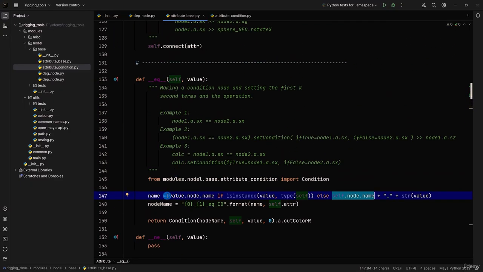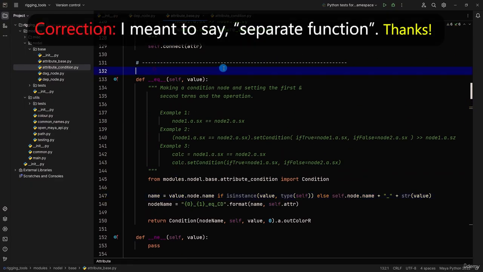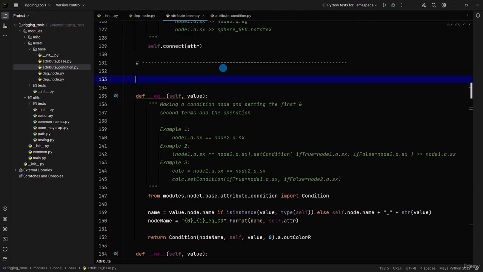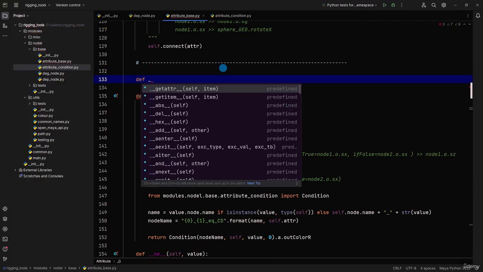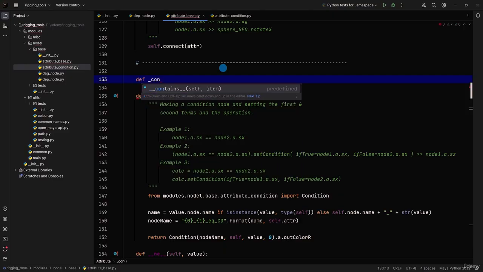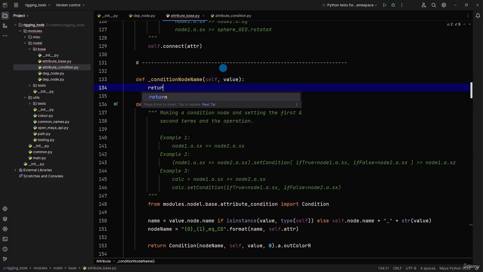But we're actually going to need this for every other one of these comparison operators. So let's go ahead and make this into a separate function. Put this at the beginning because it's pretty much required. And we will use a single underscore to denote that we're only going to be using this function internally. We'll pass it through value. And then we will return